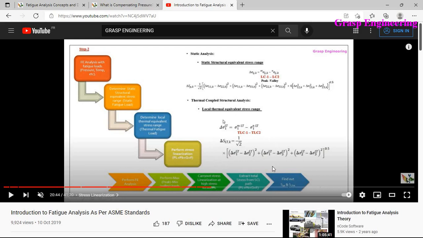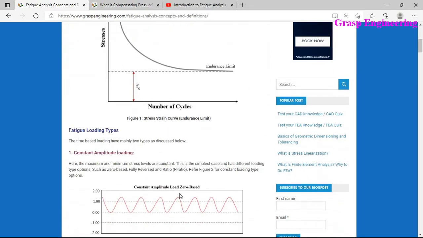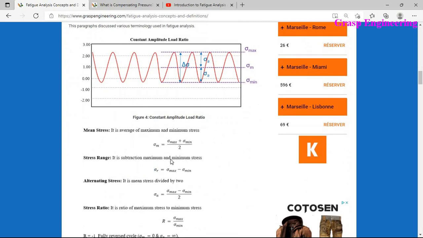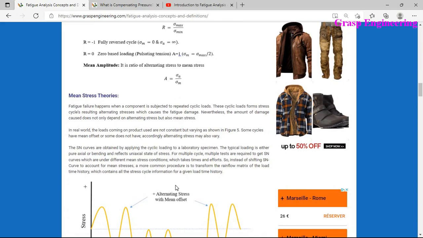In addition, I suggest you go through what fatigue analysis is, the concept, the different loads and definitions, and what mean stress, stress range and alternating stress are. Once you go through that, it will be easier for you to perform the fatigue analysis.